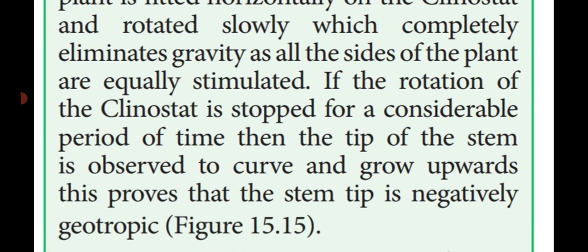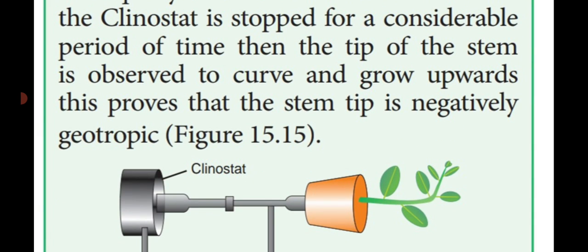Experiment clinostat proving that stem always grows towards the sunlight or above the ground level, or against the gravitational force, is known as negative geotropism, or otherwise known as positive phototropism. Why is it to be positive? They always grow towards the sunlight. This is a positive approach. Away from the sunlight means that it is said to be a negative character, that is geotropism.